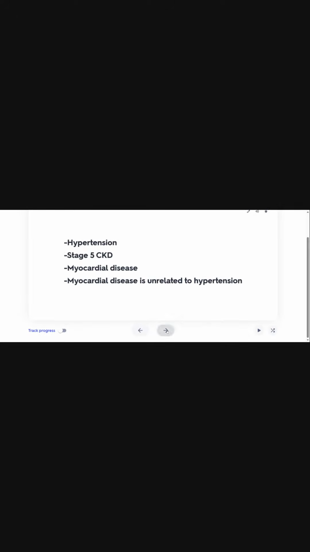There are a good amount of things to take out of this scenario. So yes, obviously we're going to take out the hypertension. We're going to take out the stage 5 CKD, or the chronic kidney disease. We're taking out the myocardial disease, and then also the myocardial disease being unrelated to the hypertension. That is definitely a big one, and everyone always kills these keywords. I knew you guys were going to get them all, but yes, if you put those in the chat, great job. And now we are going to move on